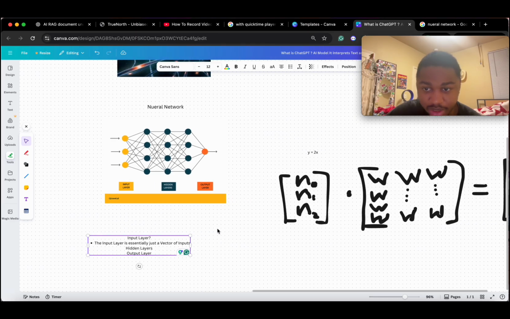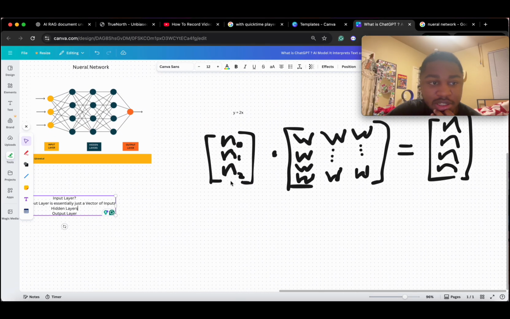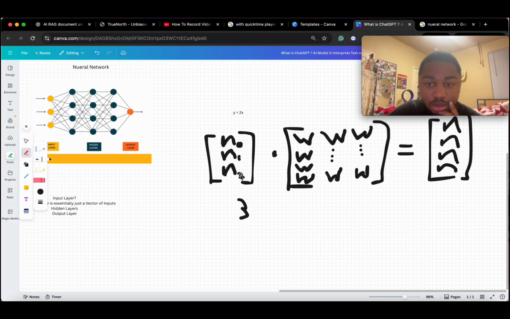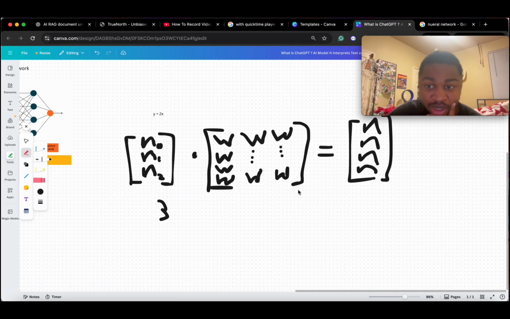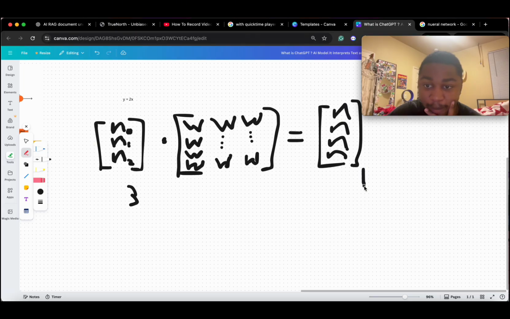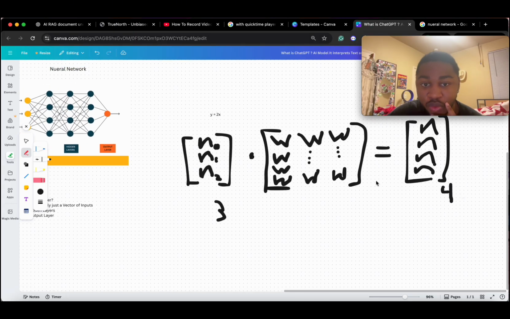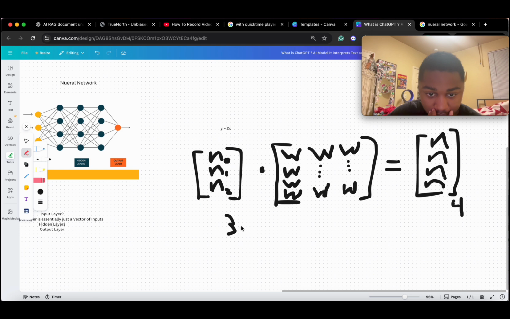So that's essentially how it works. Now I find this interesting. Why? If we look right here, you notice this is a 3-dimensional vector, right? This three-dimensional vector is being scaled, or transformed, by a matrix to produce a four-dimensional one. And this was kind of what I was referencing in a sense.